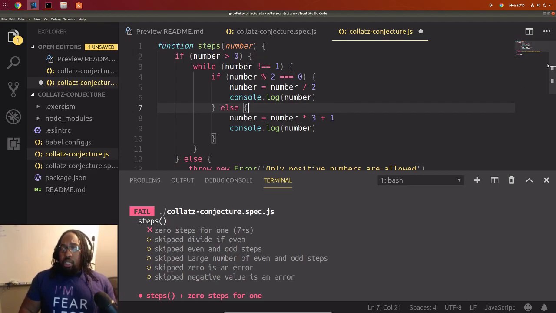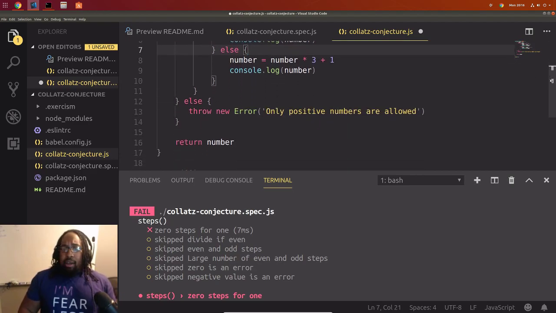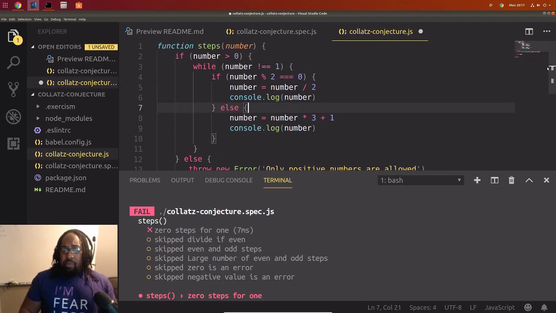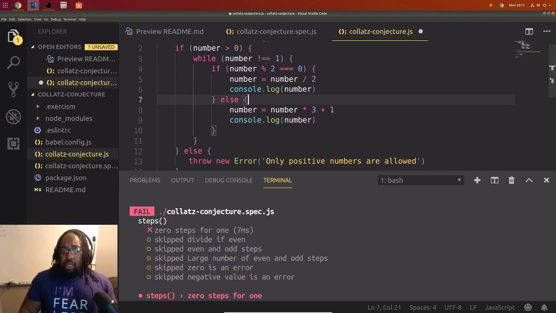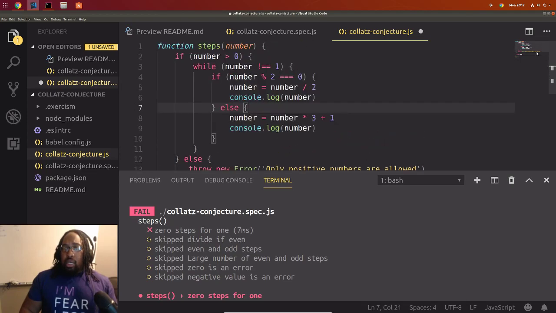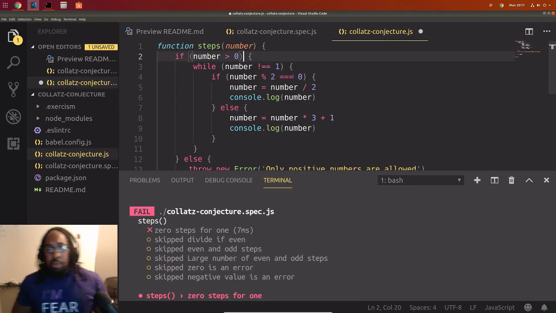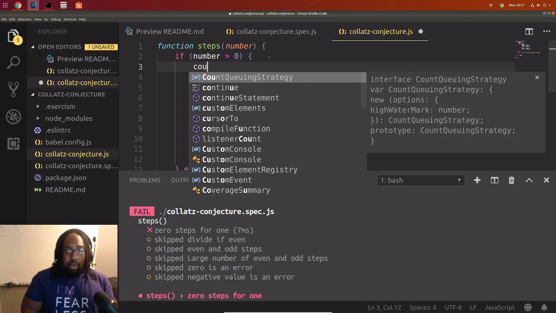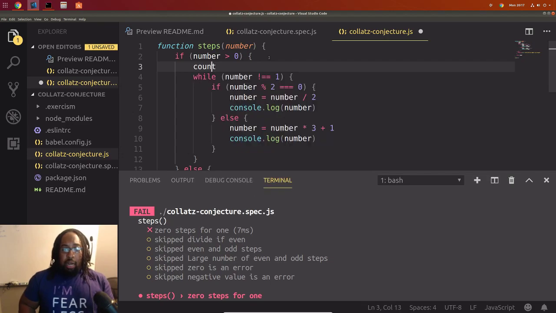I'll take out the export because I don't think you can run an exported function from here. So steps, we're going to return number. We don't want to return number. Actually, I like the for loop, but we can still use it with the while loop here. We need to set up a counter here, and I could set up the counter with the for loop, but we're going to make a variable called count.